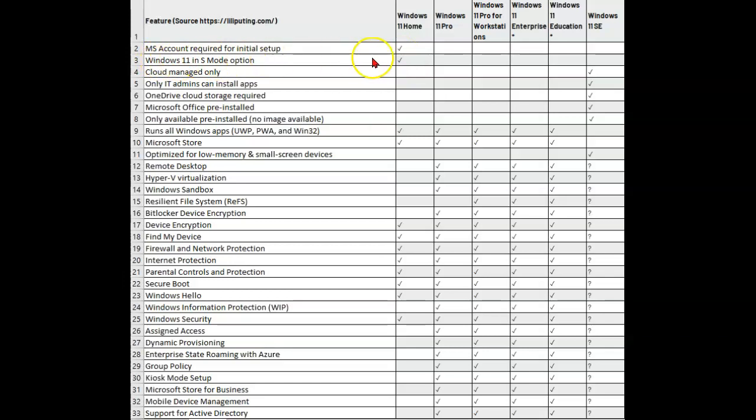And it also includes that S mode of operation that I talked about in a previous video, that Windows 10 actually considered a different edition. Windows 11 has it. It's just a mode, not an edition. And then Windows SE, as I mentioned, is just for very low-end kind of computers that you set all the same for a bunch of students,